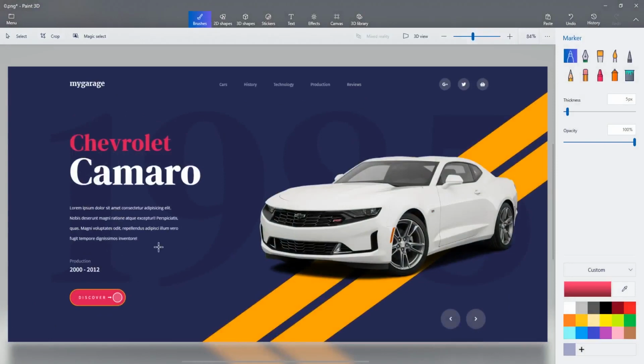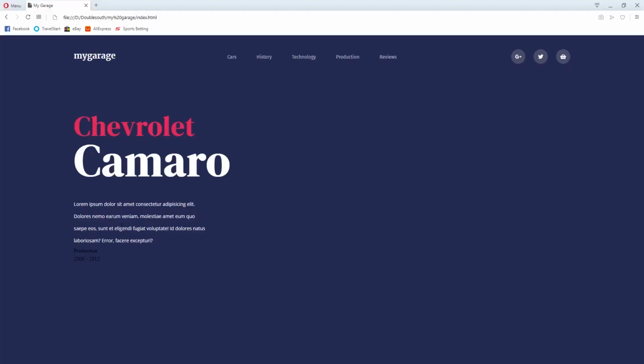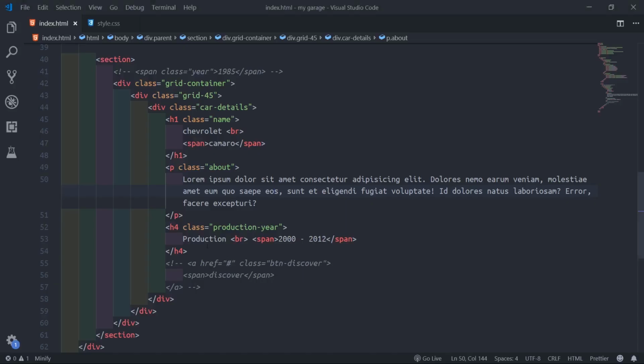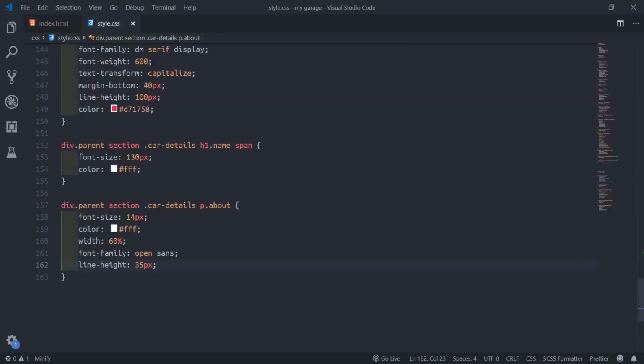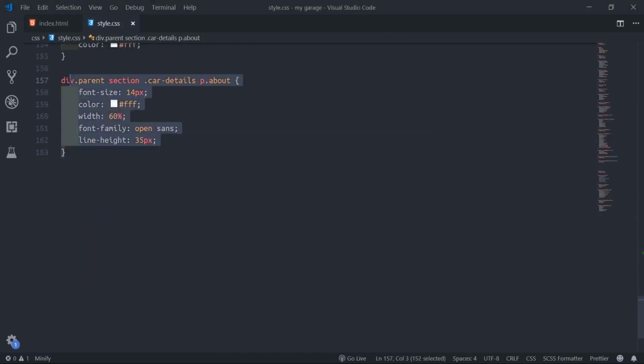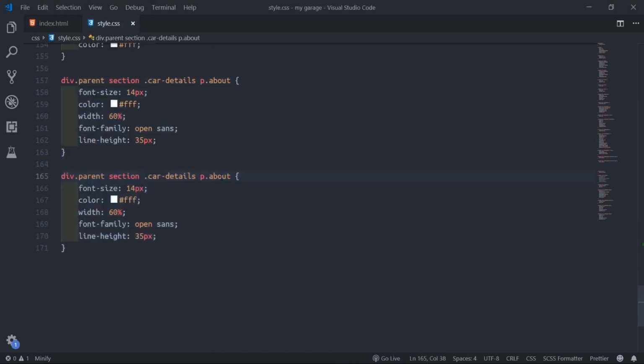Let's see. We'll leave it like that. So more work on the production. So come to this place now. Think production here. So we'll target production here now. So what will we do? We'll come here, duplicate this one. Instead of the paragraph, we'll say h4.production-year. h4.production-year.